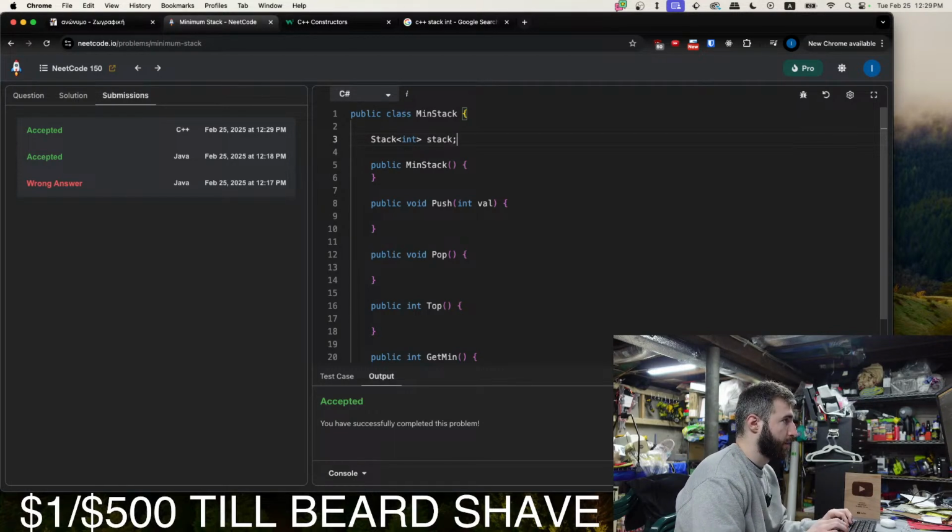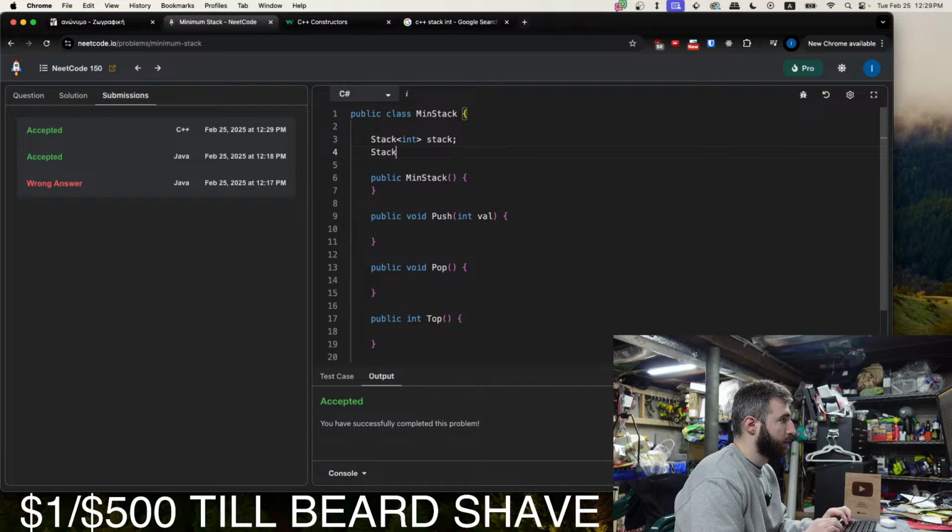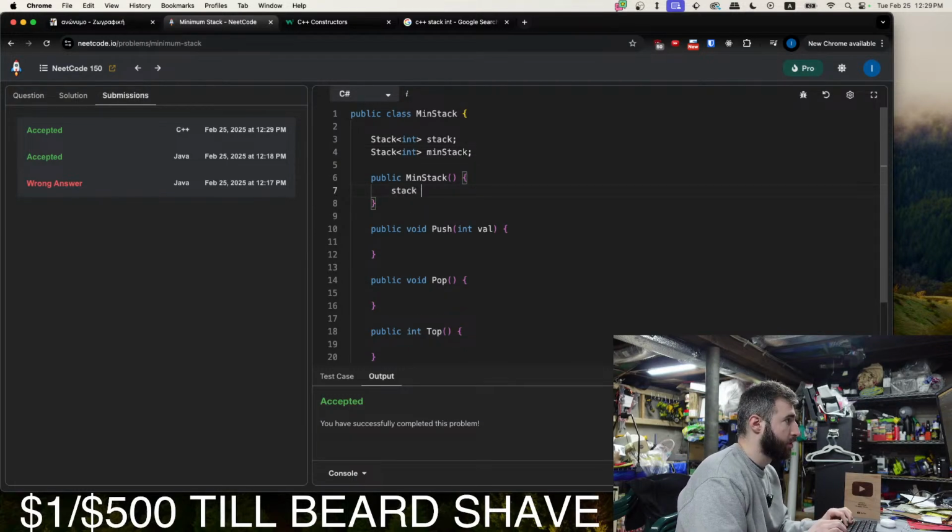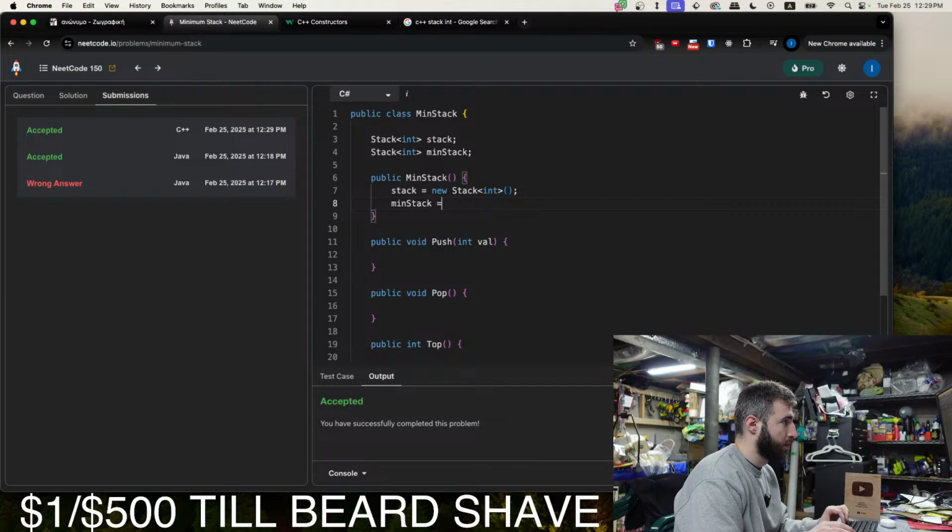Stack, min stack, and now when we initialize it, in the constructor, we can just do stack equals new Stack<int>, min stack. All right.